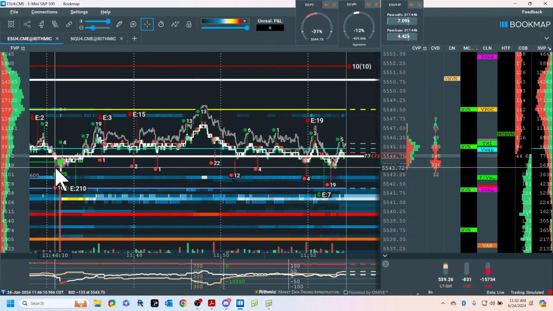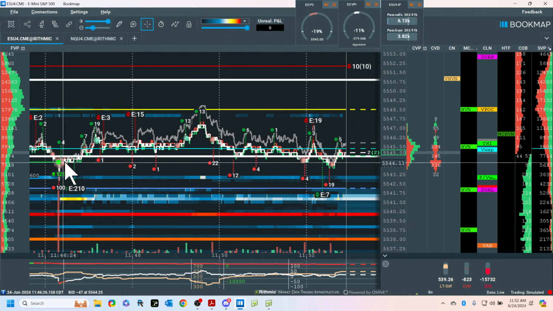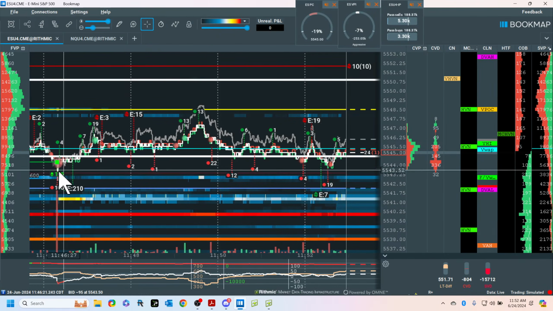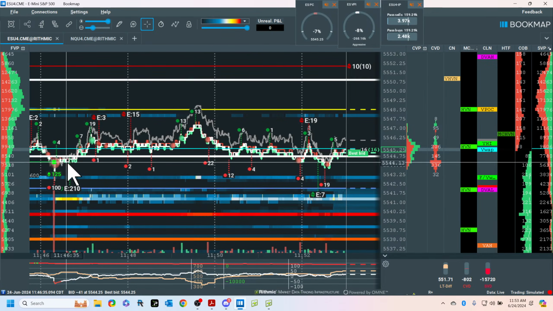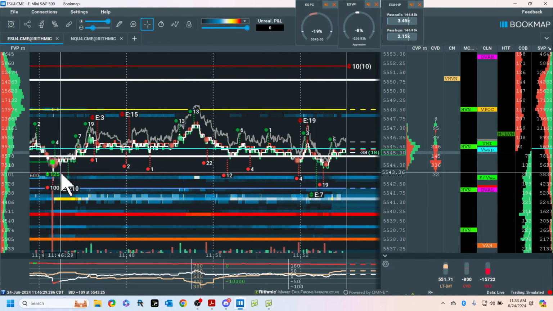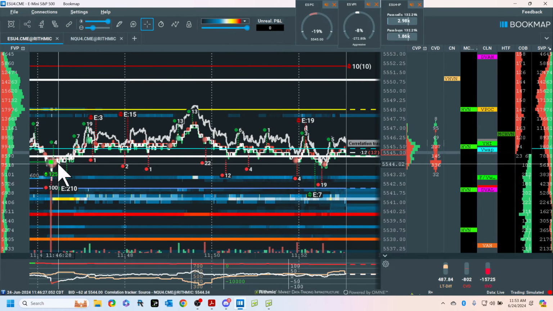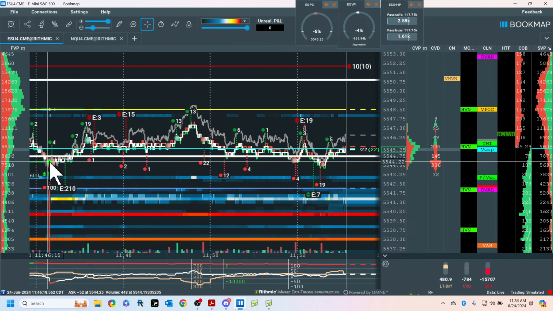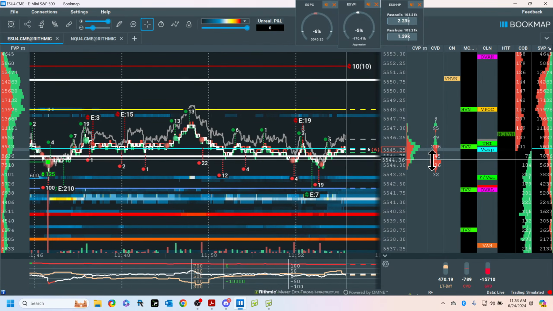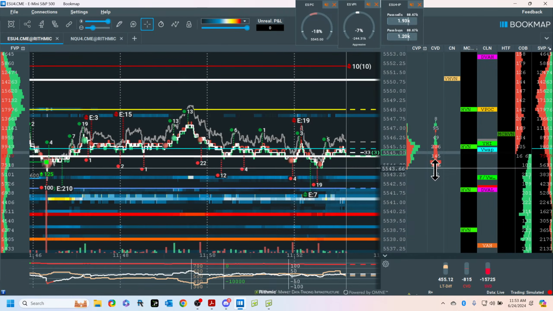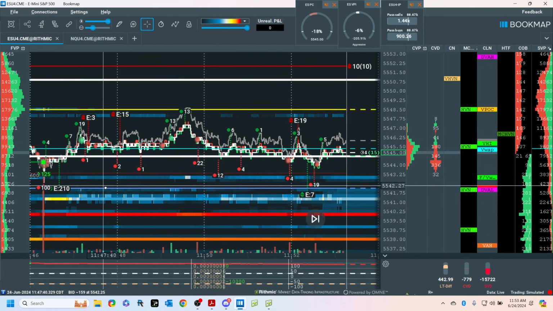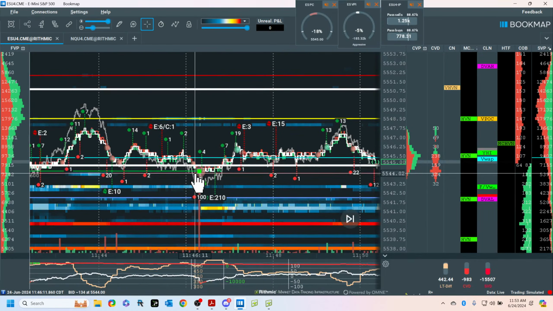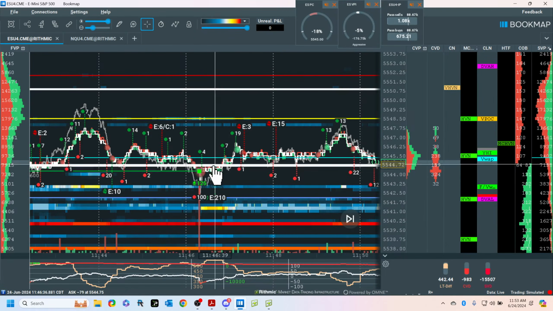See what it tends to do? This is where the absorption was. You got to be under here. Not here. Under. Because that's where the sellers got trapped. Notice where the delta is here. I know I was getting a question about CVD. Well, here, see this red? This is here. That's the sellers. They got stuck.